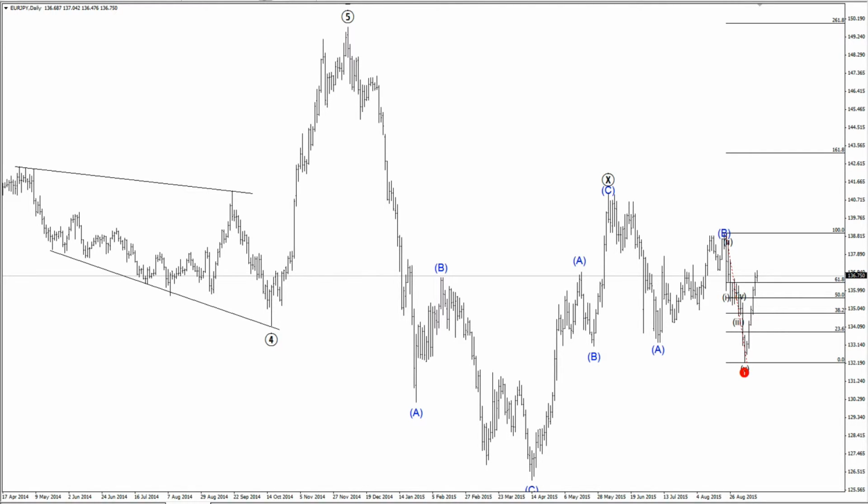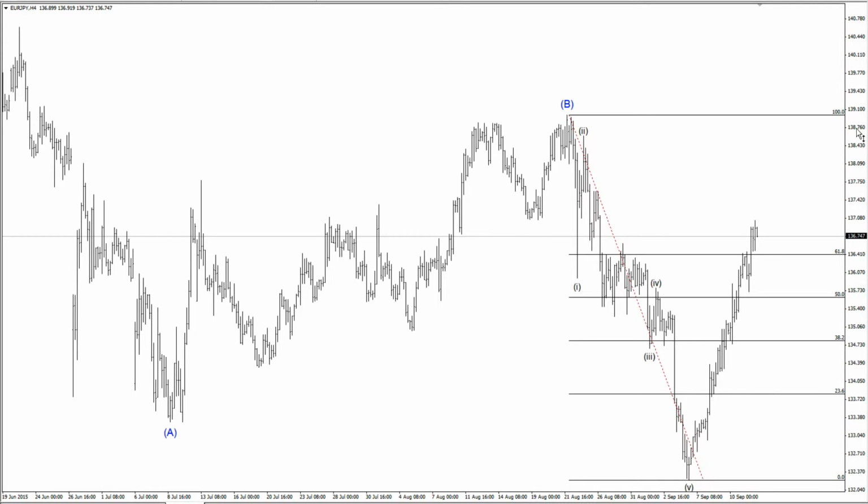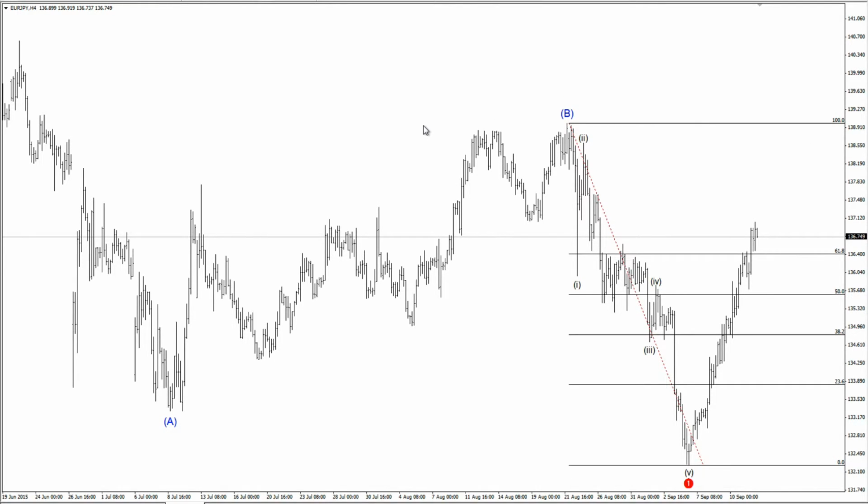This is not looking very plausible, but it is always good to have a backup plan and a different view of the market if something does not go the way it should go,